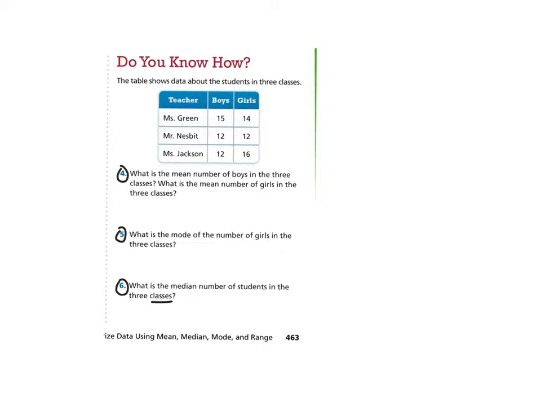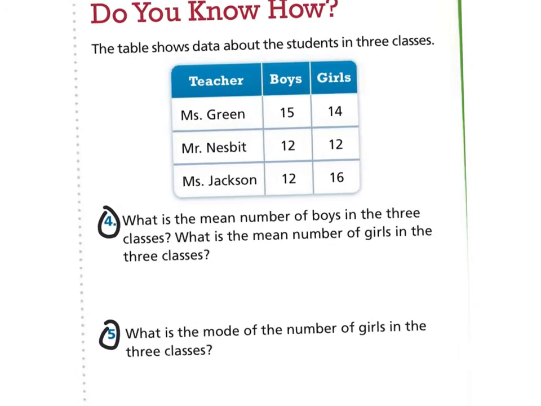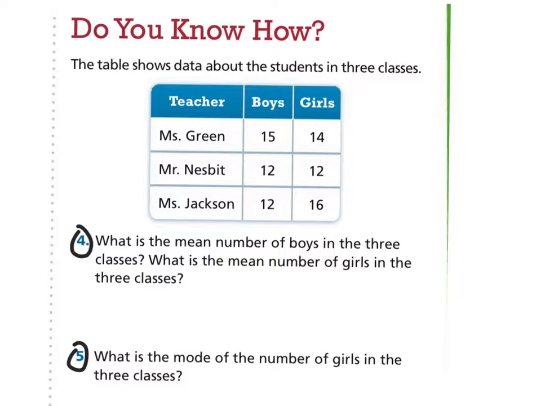We look at the do you know how. We have a table that shows data about students in 3 classes. And the first question, what is the mean number of boys in the 3 classes? What is the mean number of girls in the 3 classes? So we're going to be figuring these separately. So for the boys,